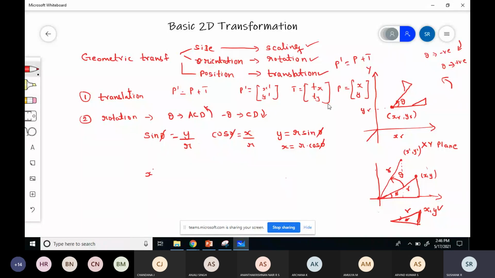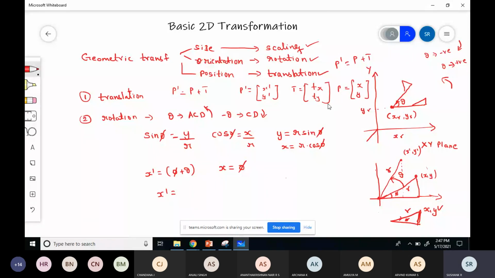So x dash is a combination of phi plus theta, whereas x is only phi. So for x, with angle phi, we have generated in terms of x and y: y is equal to r sine phi, and x is equal to r cos phi. But when the angle is phi plus theta, the new equation will be x dash is equal to